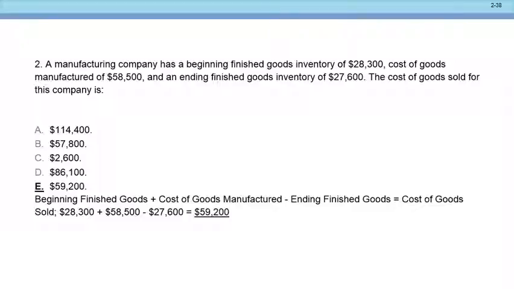Good. Now I have this total amount that's available, which is going to be 86,800, you say? Okay, good. And so if I know I have an ending inventory of 27,600 here, I know I had to subtract as my cost of goods sold. And the way I would do it is I would make a side calculation over here, which I would take my 86,800 at that point, and I would subtract off my 27,600 that I know is my ending inventory. Do I get the right answer here? 59,200?